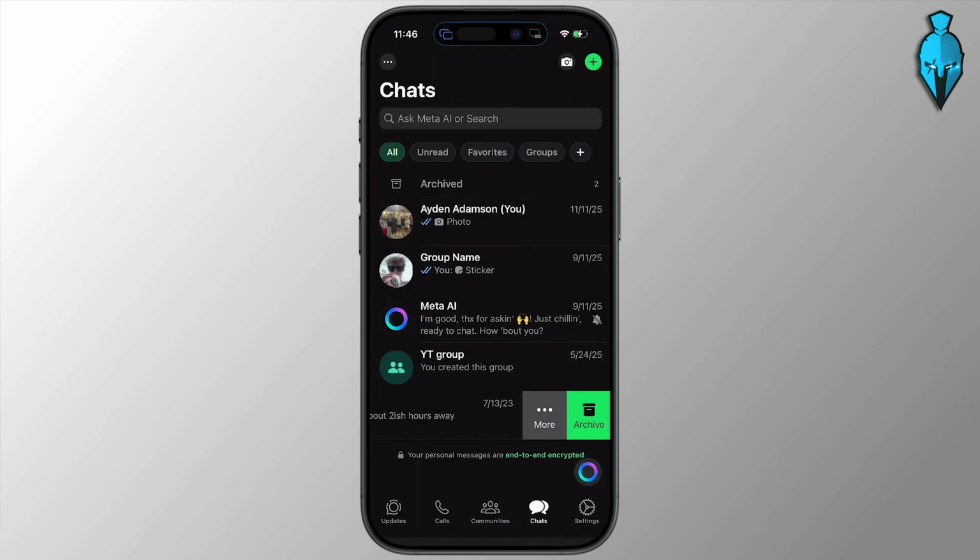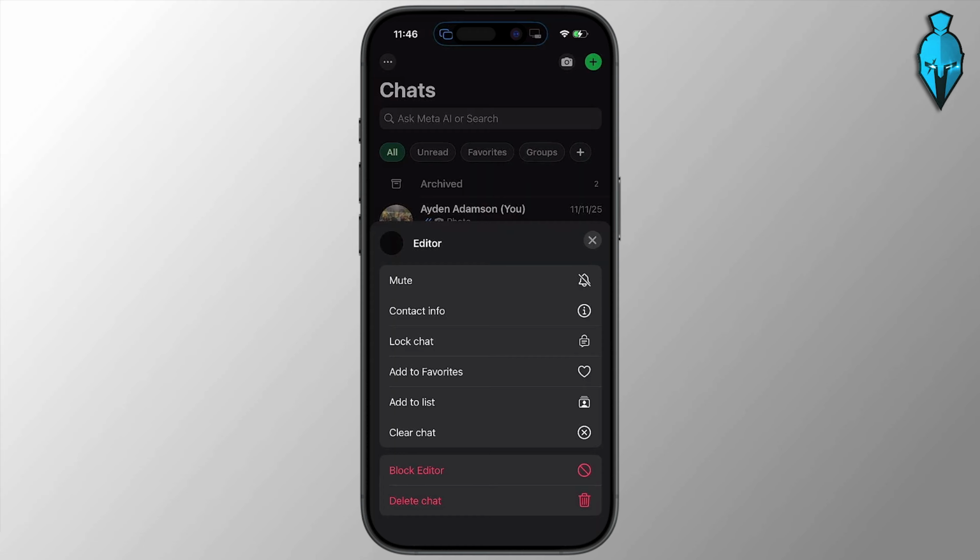From here, that contact is going to be blocked, and what you're going to want to do is just swipe right on them again, select more one more time, and you're going to see a delete chat option on here. Go ahead and delete chat and confirm it when prompted,